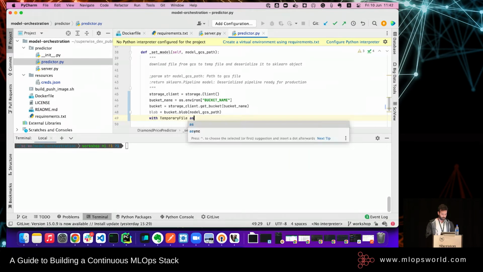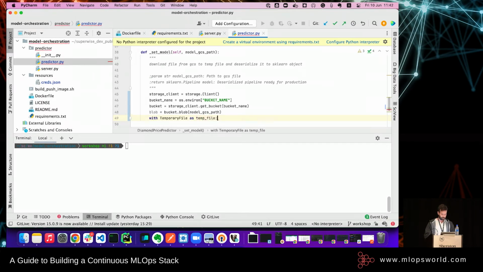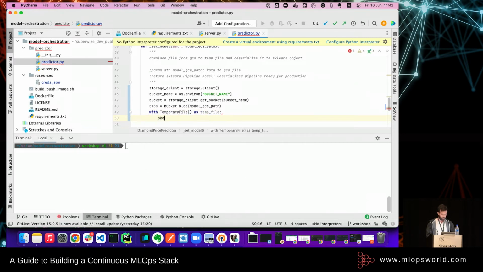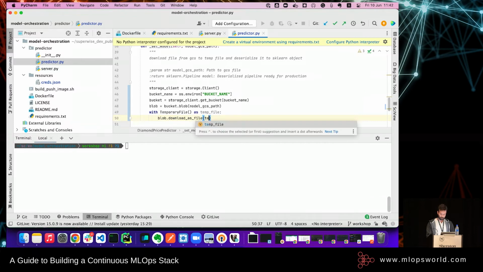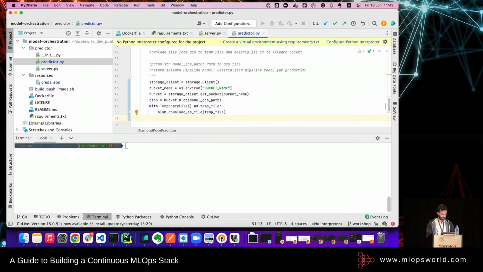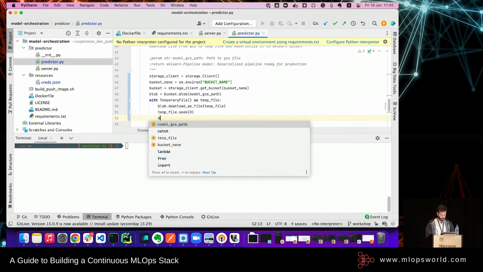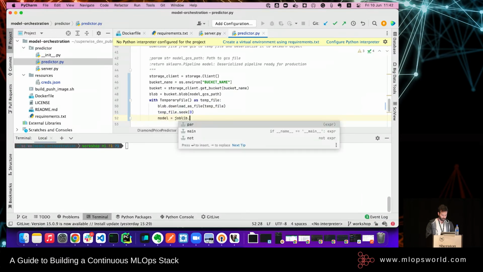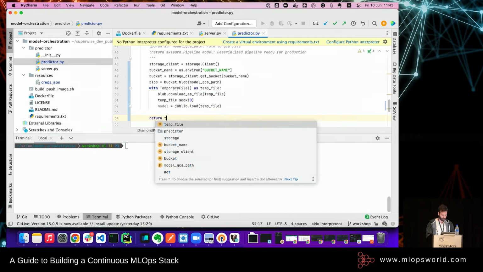So with the temporary file as temp file, that's basically a function, and we can have blob download as file, temp file. Again, you have enough time if you guys want to implement it on your own. I'm just using temporary file because I don't want to leave traces on the temp file. Then let's return the pointer to the beginning. Model equals joblib dot load the temp file. That's great. Let's return it.